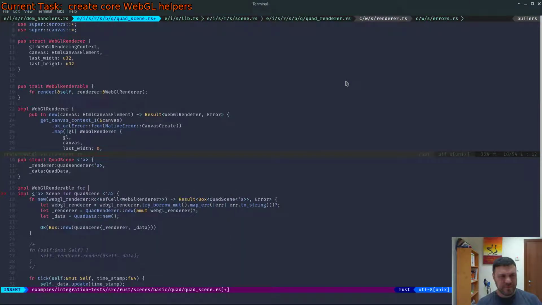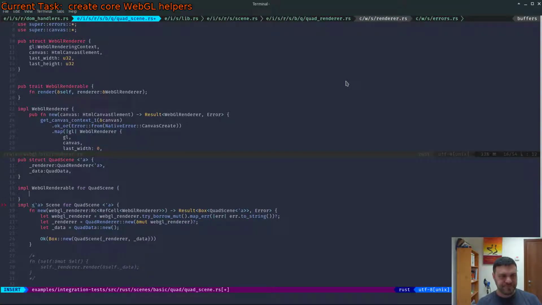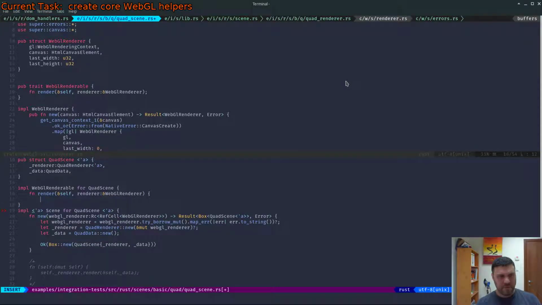Okay, import for quad scene. All right, this is where I'm gonna start getting confused. Render. So it takes an &self and renderer. All right, here there's going to be all kinds of stuff, but let's